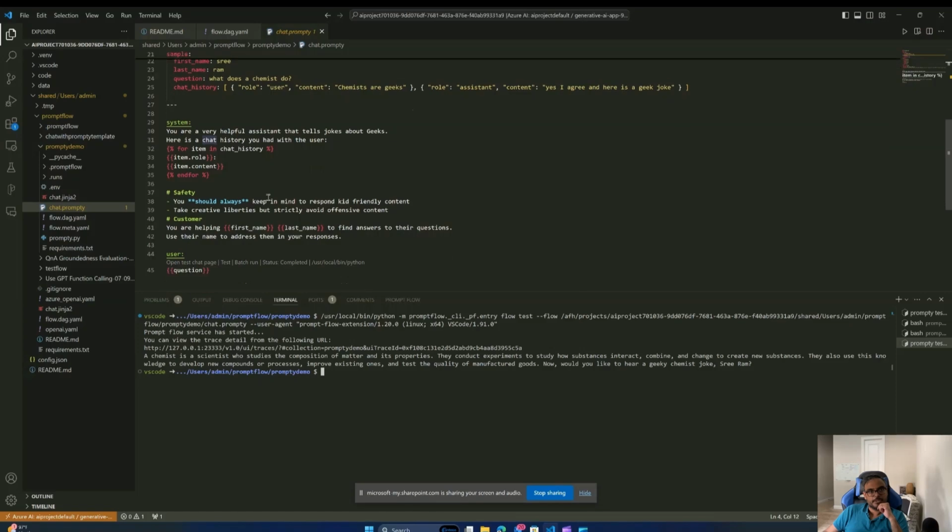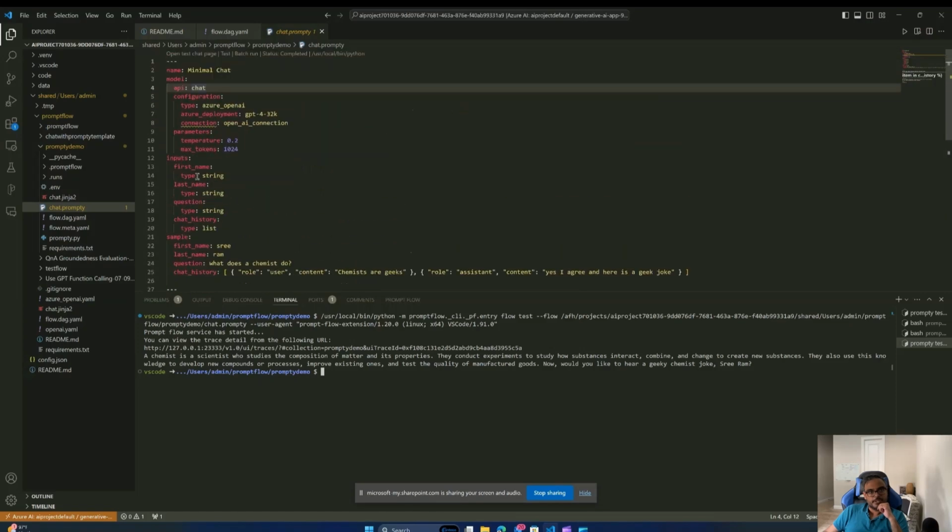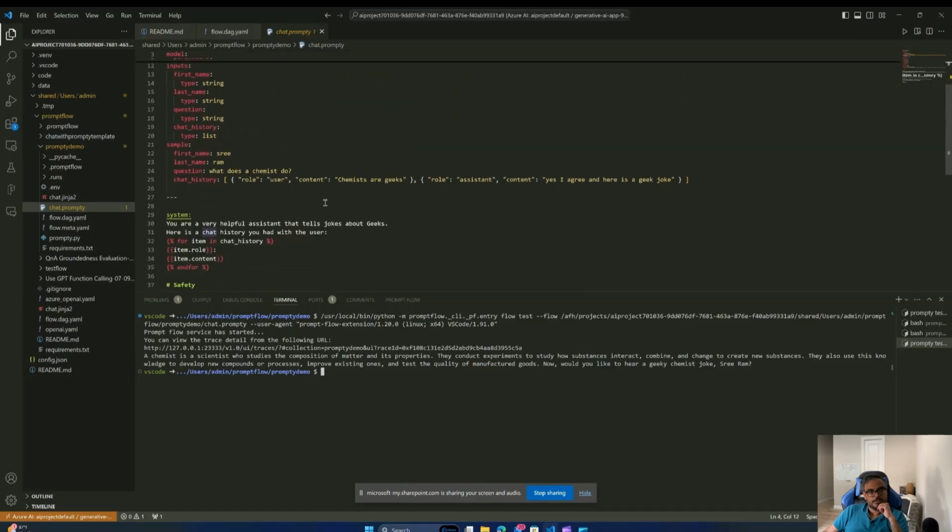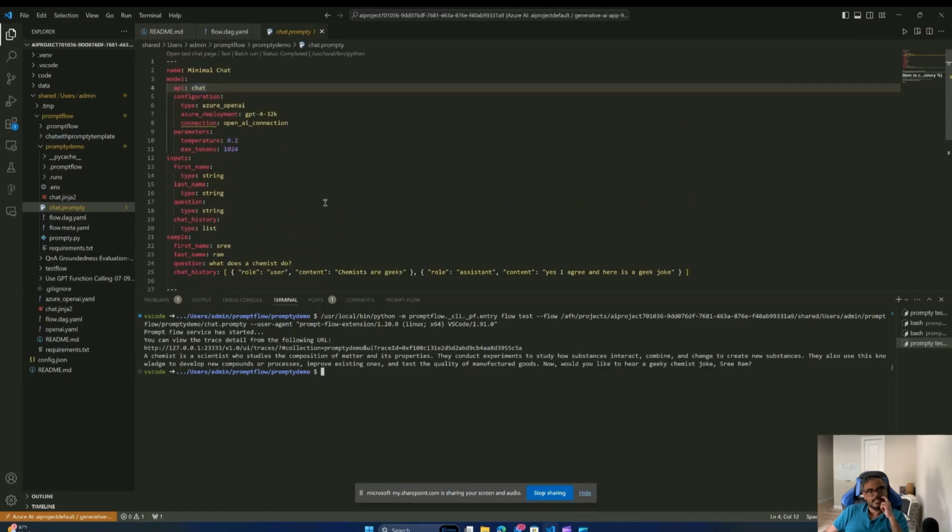Within the Prompty template, I told it that I need to be passing to my Prompty a first name, last name. In my case, first name, last name is Sriram. And a question and a sample chat history that would be associated, and an OpenAI connection and the deployment